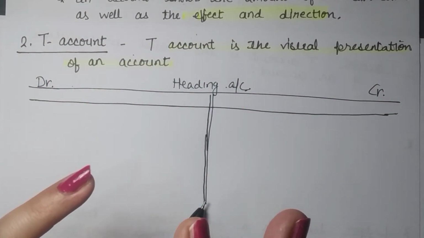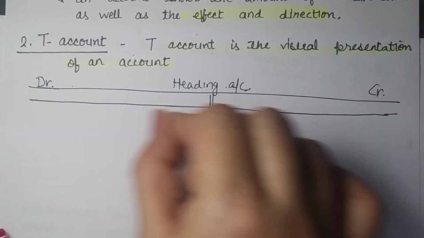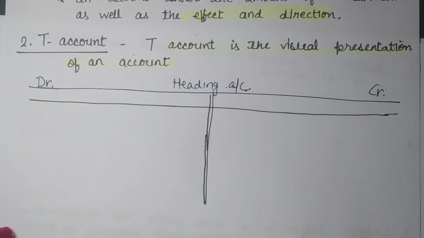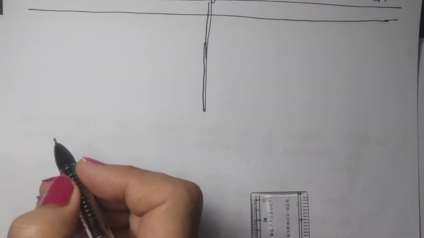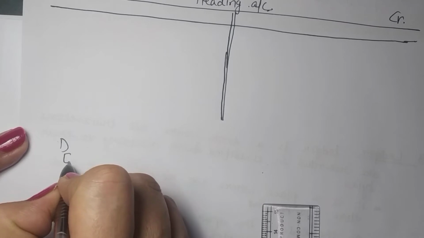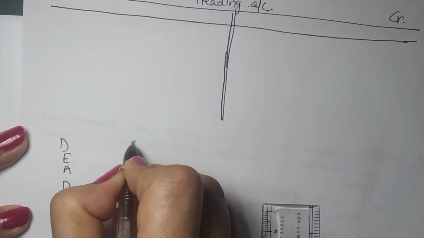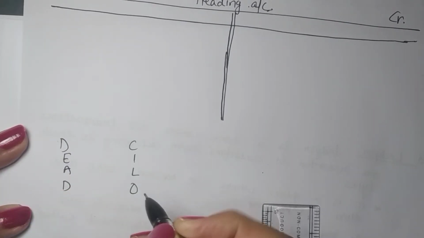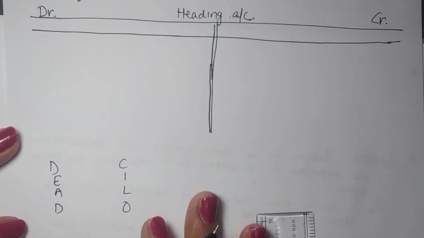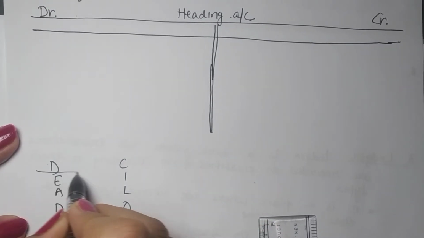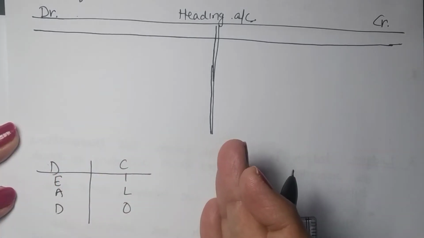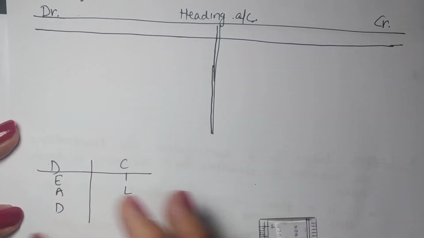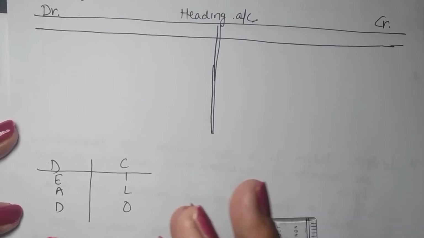It is not like this, because debit and credit will show increase or decrease as per the rule. Now remember, in the very first video we studied the basic debit and credit rule, that is Dead Clic. I hope you remember. In case you are new, you can just get back to the previous videos. So this is a T shape. On one side we have debit, on the other side we have credit. So you just have to remember or understand the rules of debit and credit.